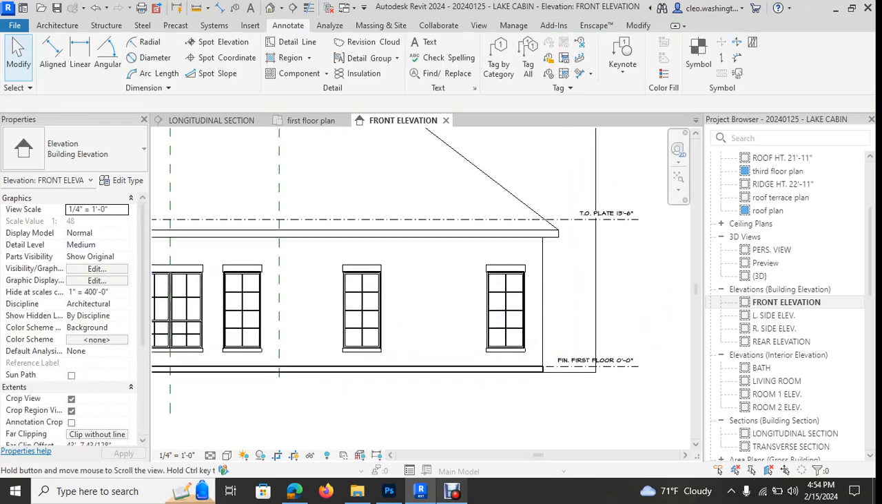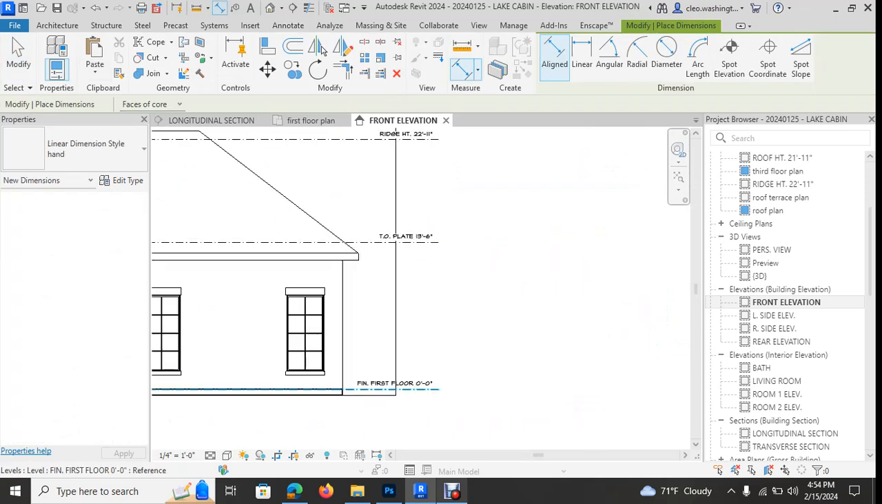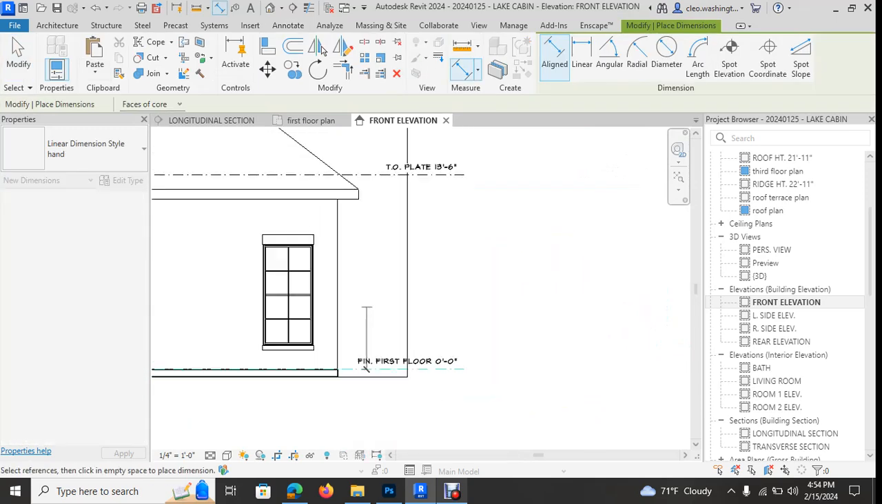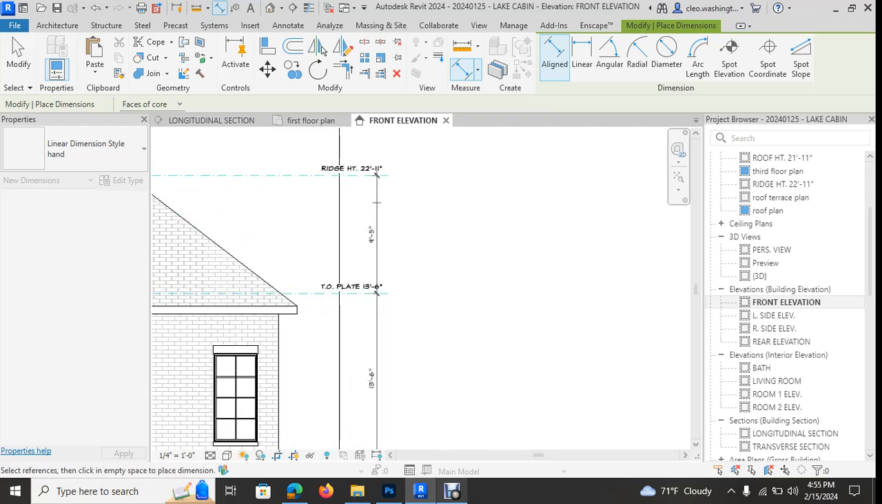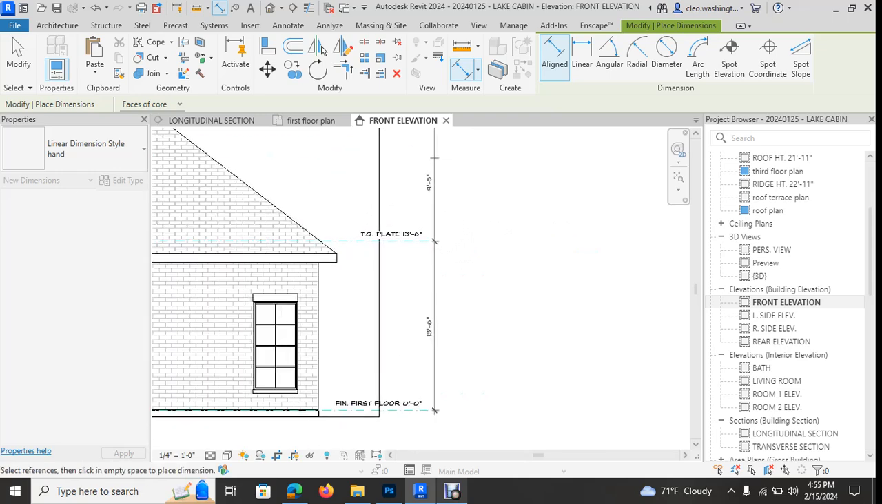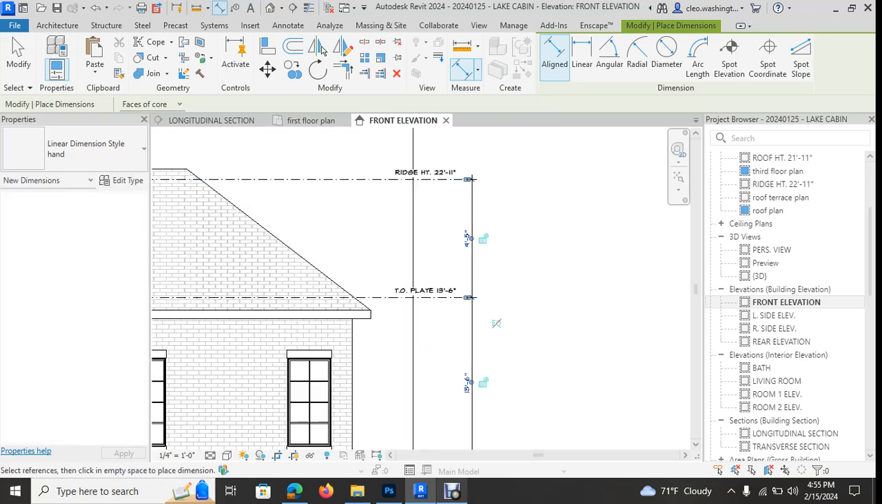Okay, so it'll look just like this. And let's go ahead, first things first, let's add an align dimension. Click here, click here, and click here, and drag it out. Okay. Now let's go ahead